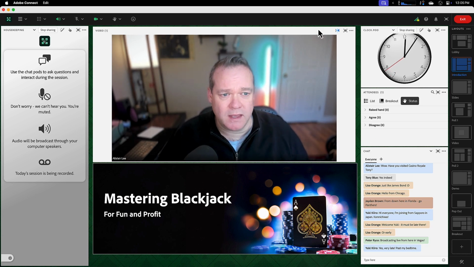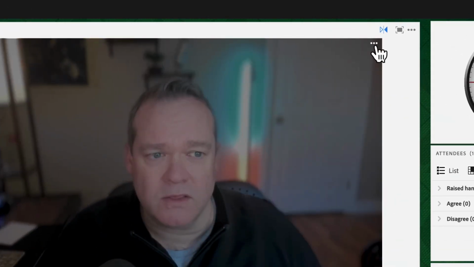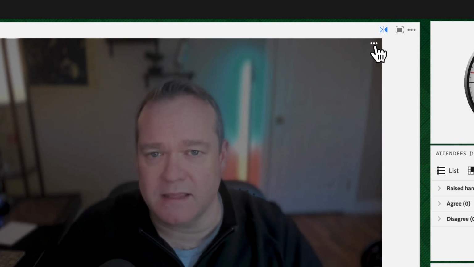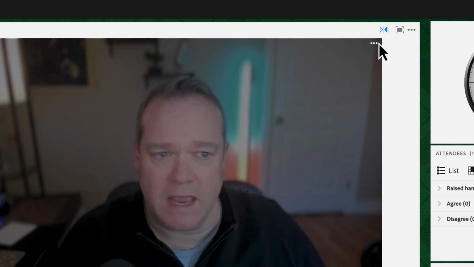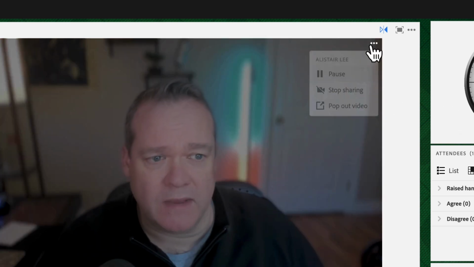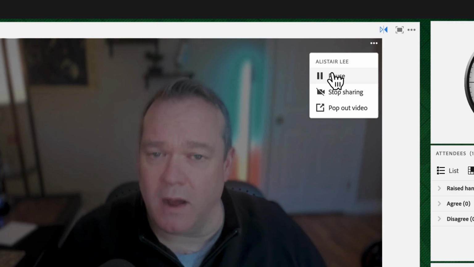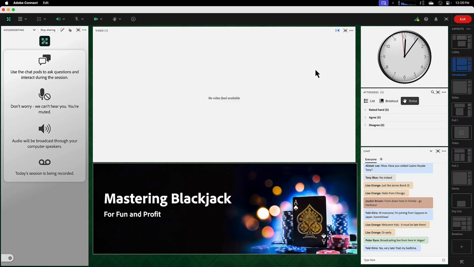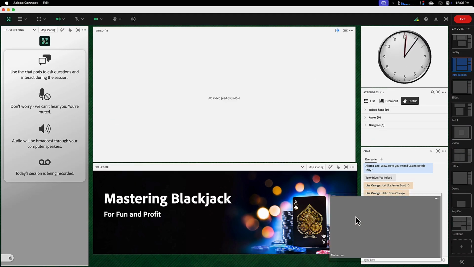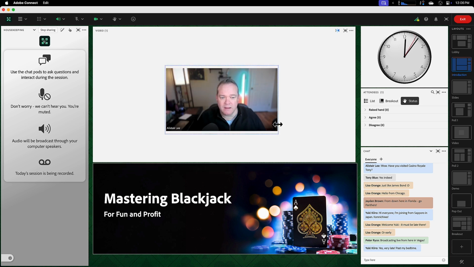You can see I'm using a video pod here. And in addition to the pod options I've got in the pod, I also have an ellipsis that I can see for each video frame, each video stream inside of the video pod. And if I click on the options for this video stream, I've now got the ability to not only pause or stop sharing, but to pop out my video into a frameless video cell that I can resize and move